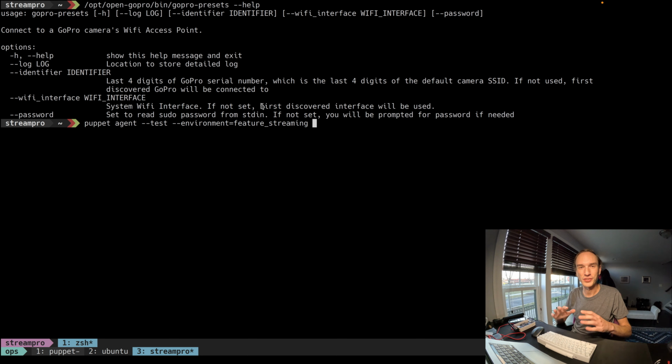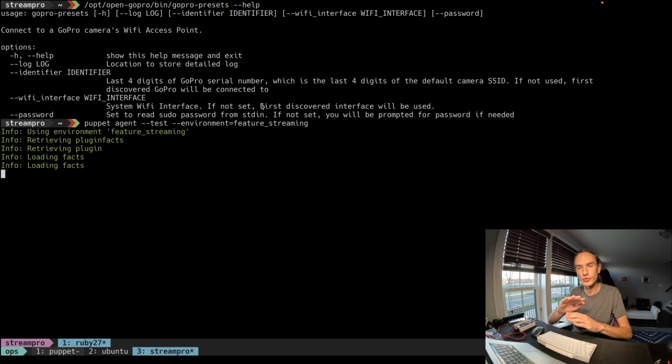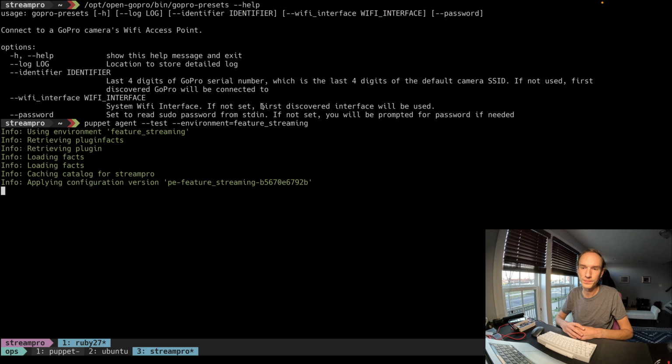Then there's one other thing I like to do when I'm wrapping up a task like this, which is to just run Puppet one more time and confirm that it is idempotent. That means we should expect to see no changes occur in this Puppet run. Indeed, that's what we get. You also see that this run was much quicker than the first one. The other one took a minute to go through and install all of those packages and dependencies on this rather slow single board computer, and now it ran in just a few.